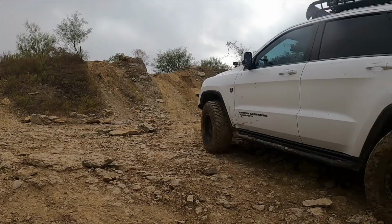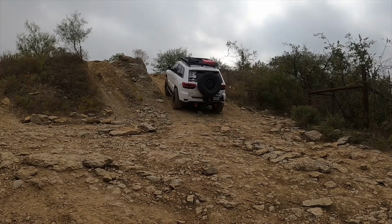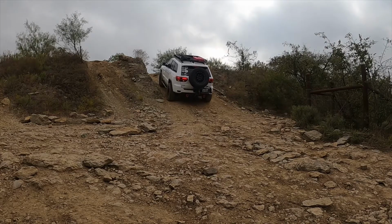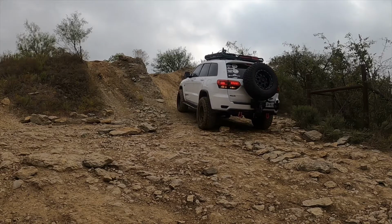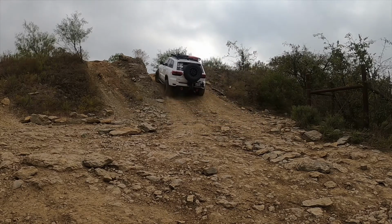Alright, so this was honestly my only fail of the day. Now, I've gone up this exact spot before. Well, I think over time it has rutted out at the very top, and right when you get to it, there's a dip that my passenger side tire drops into, and once that gets teetery, basically, not a lot, but it gets my passenger side tire off level, and then my driver rear tire comes up,